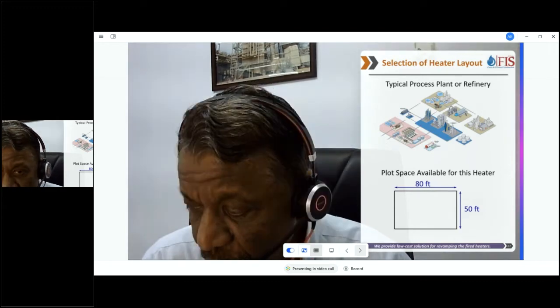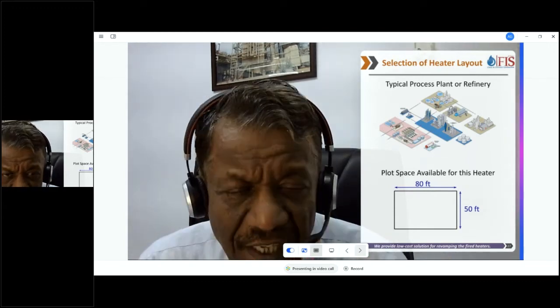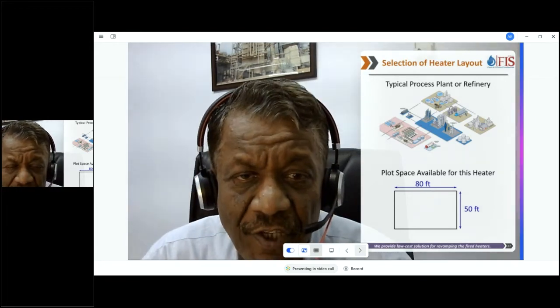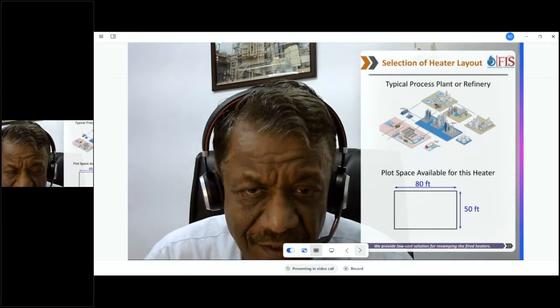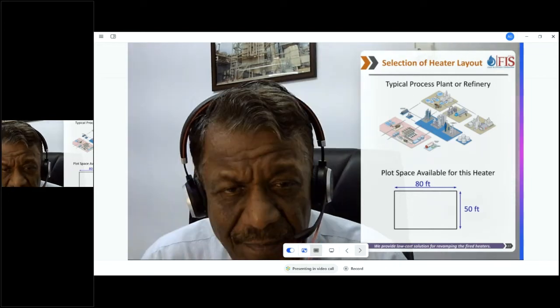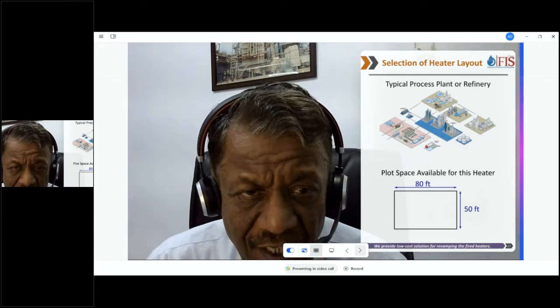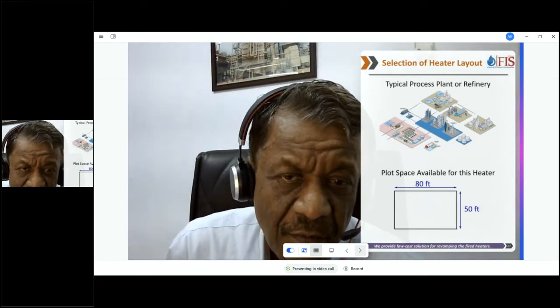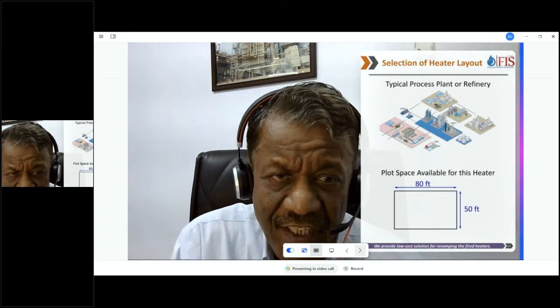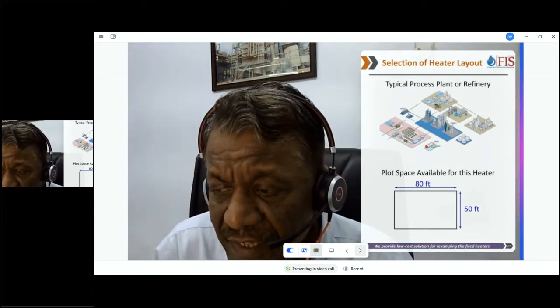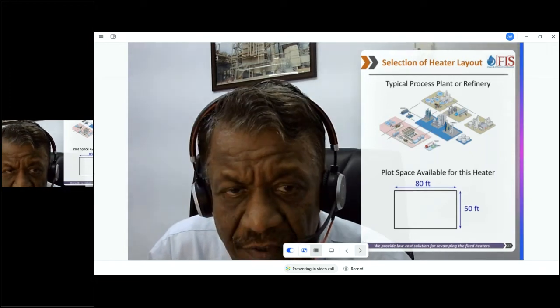So I will show you what we designed later, but we came up with a unique design of air preheating system, and that's how we saved the space. But anyway, let's talk about what we can fit over here, whether we can fit a box heater or a vertical cylindrical heater. One thing about box heaters is